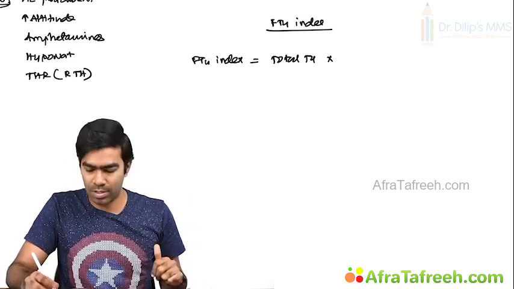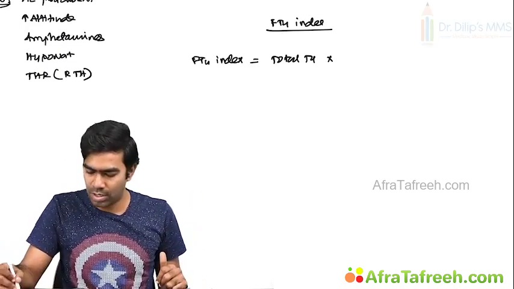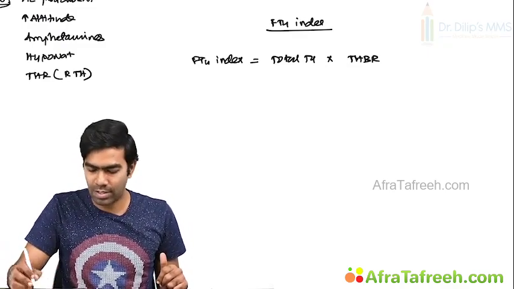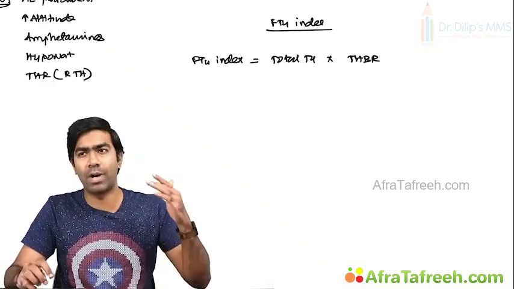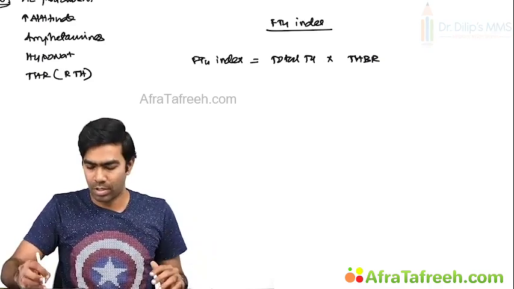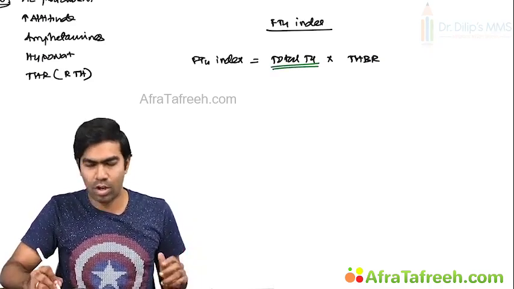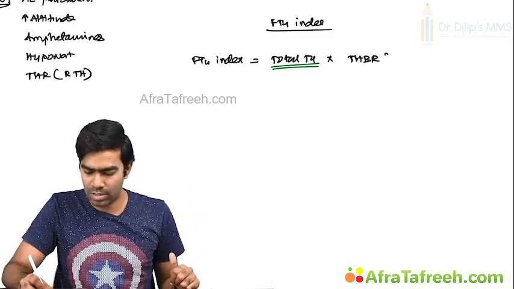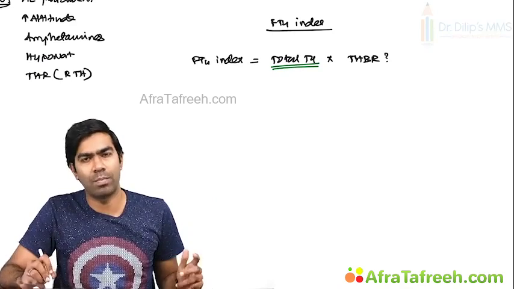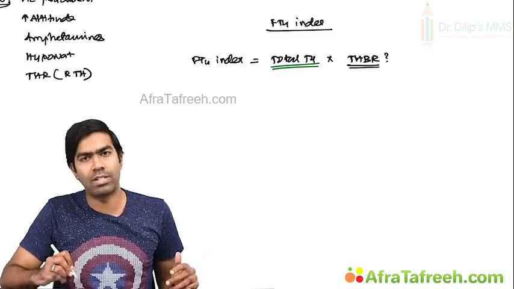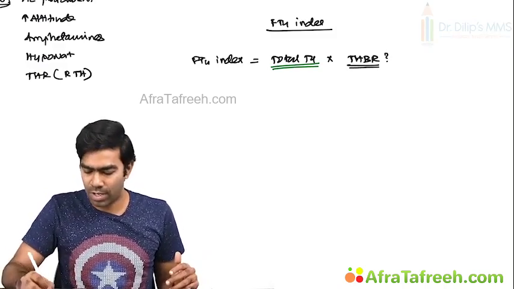How do you correct this with the TBG? You have to take a ratio called THBR, the thyroid hormone binding ratio. This is otherwise referred to as the thyroid hormone binding index, or THBI. Both are correct. Now you know the total T4, as you already have the assays for finding out the total T4. But what is this THBR, the thyroid hormone binding ratio or index? How will you find out this THBR? So the formula for THBR